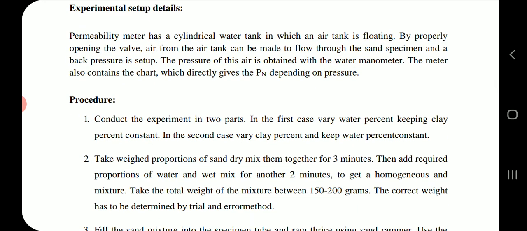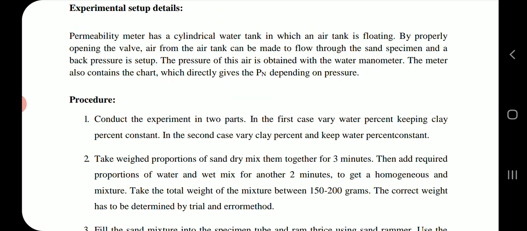Experimental setup details: the permeability meter has a cylindrical water tank in which an air tank is floating. By properly opening the valve, air from the air tank can be made to flow through the sand specimen and a back pressure is set up. The pressure of this air is obtained with the water manometer. The meter also contains a chart which directly gives the Pn depending on pressure. Procedure: